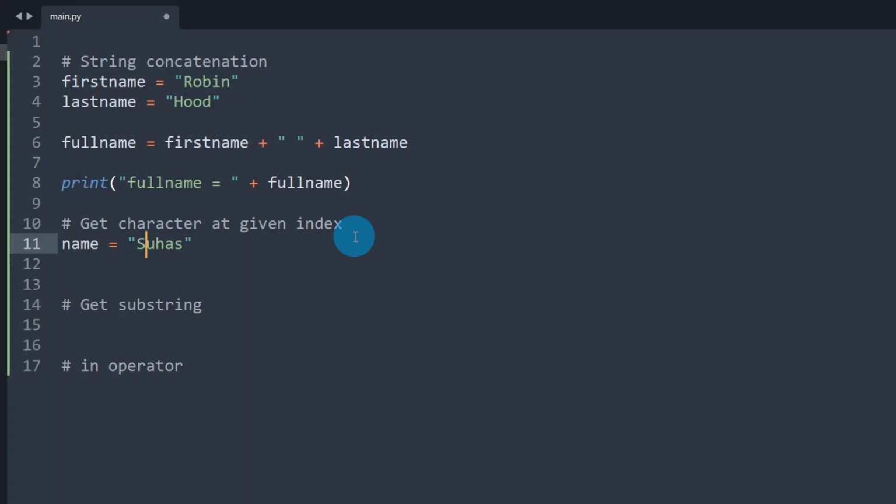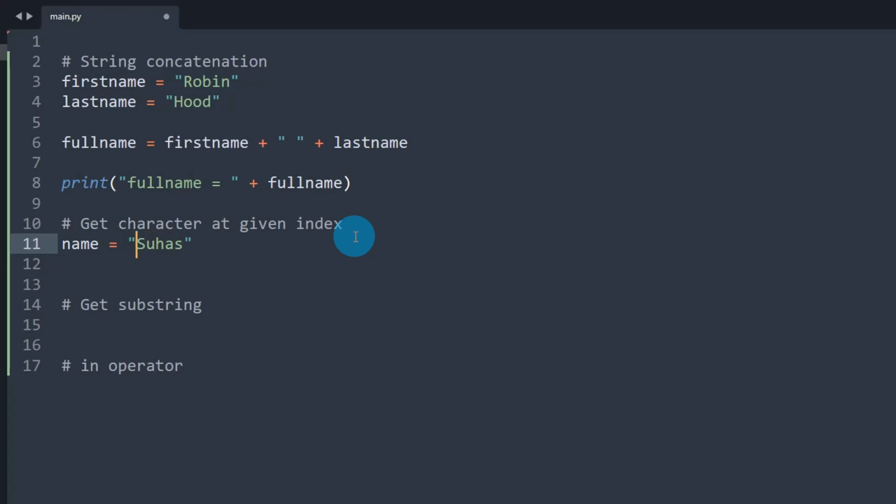So let me get the first character. That means S right here. Second character is U. Third character is H. But in programming languages, the first one starts with 0. So the 0th character is S. First character is U. Second is H. Third is A. In index terms.